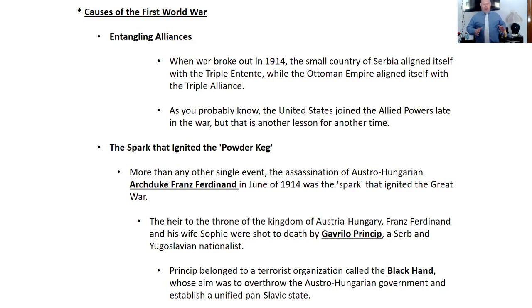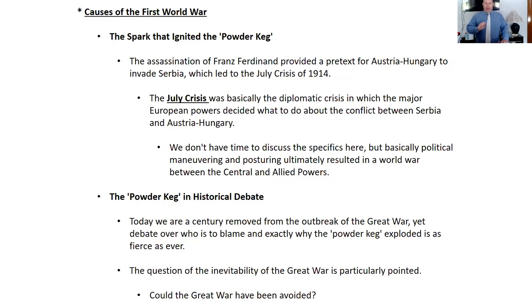Franz Ferdinand was the heir to the throne of the Kingdom of Austria-Hungary. He and his wife Sophie were shot to death by a 19-year-old Serbian nationalist upset that Serbia was being imposed upon by Archduke Franz Ferdinand and wanted to see Serbia become its own country. Princip belonged to a terrorist organization called the Black Hand, whose aim was to overthrow the Austro-Hungarian government and establish a unified Pan-Slavic state. And the assassination of Franz Ferdinand is what provided a pretext for Austria-Hungary to invade Serbia,